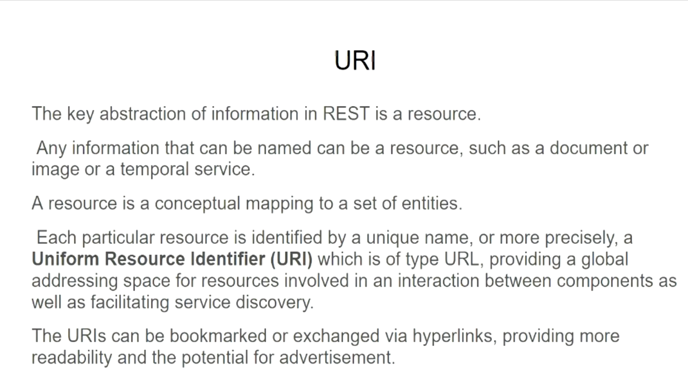So in order to identify any information or service, we will have a name, right? So each resource will be named, whatever the resource type may be. We are just going to map the entities, right? Each particular resource will be identified by a unique name. So more precisely, we are going to call it a uniform resource identifier,